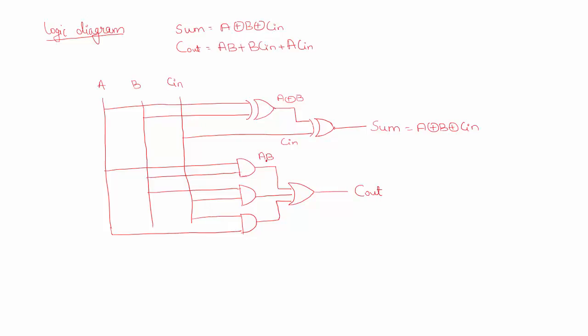So this is AB, this is B C in, and this is A C in. So C out is,